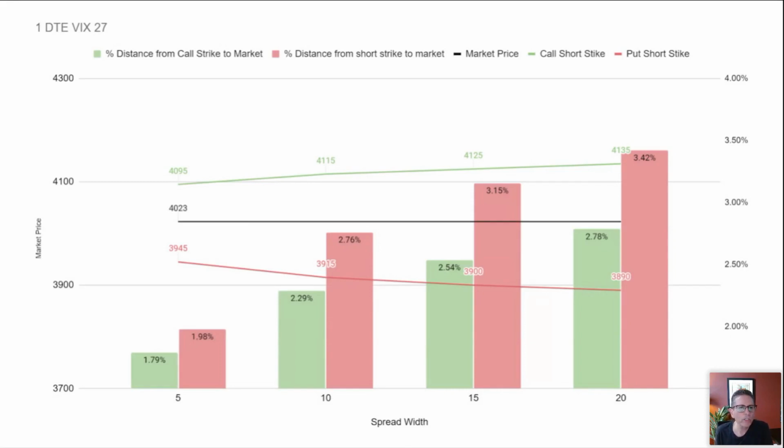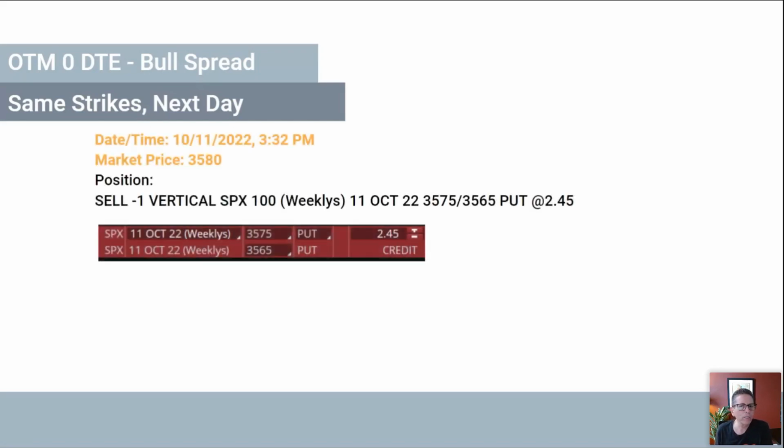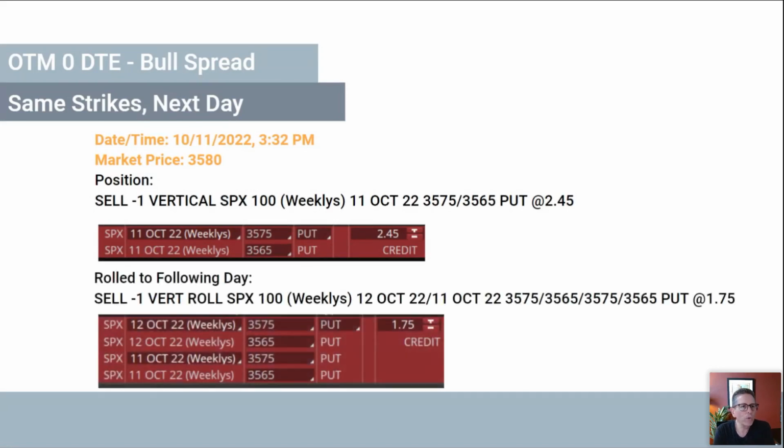Okay, so this one I wanted to show you just the 20 wide here. It doesn't make any sense to trade 20 wide, and some people trade 30 wide and 50 wide, and it doesn't make any sense. But I've known people that have gone back to it as well. All right, so let's start looking at these scenarios. Okay, so now we're looking at